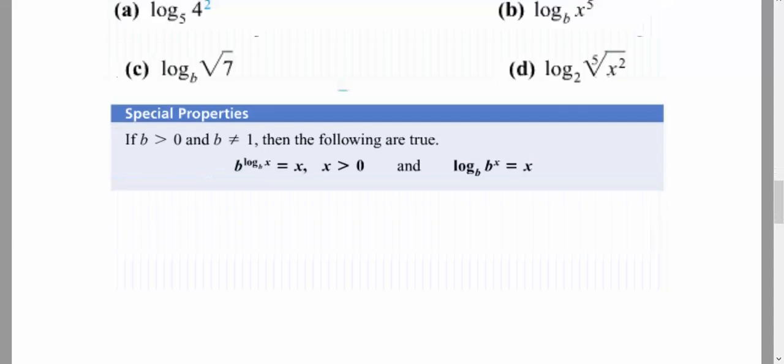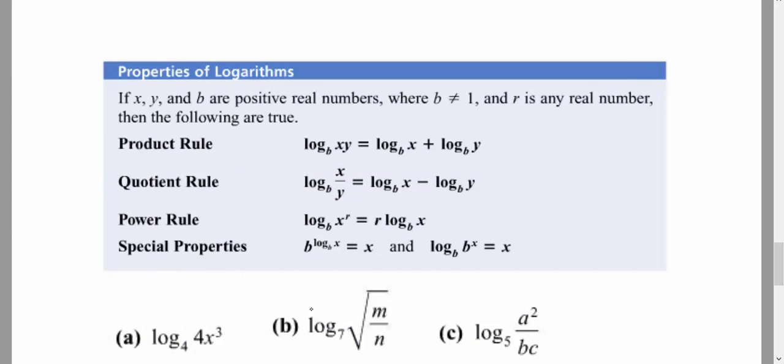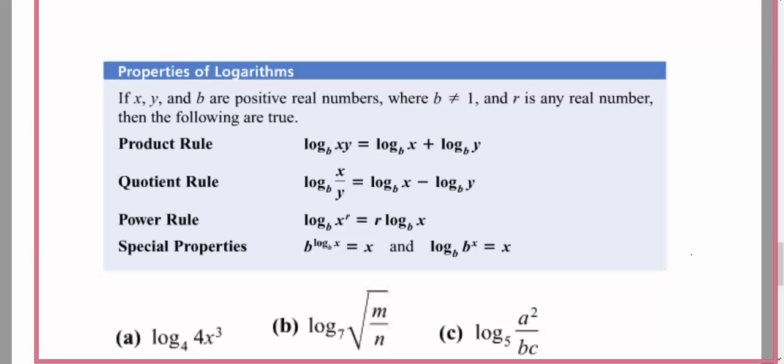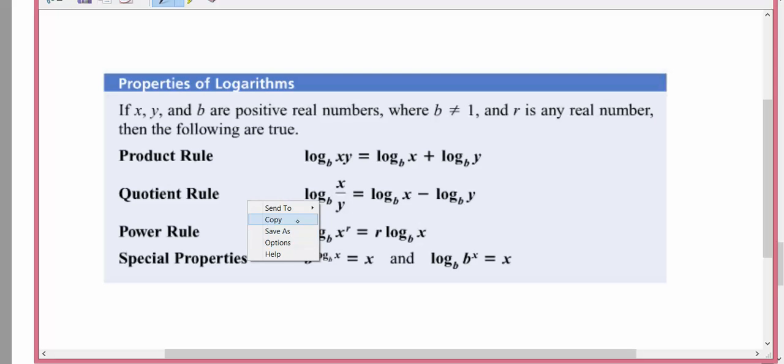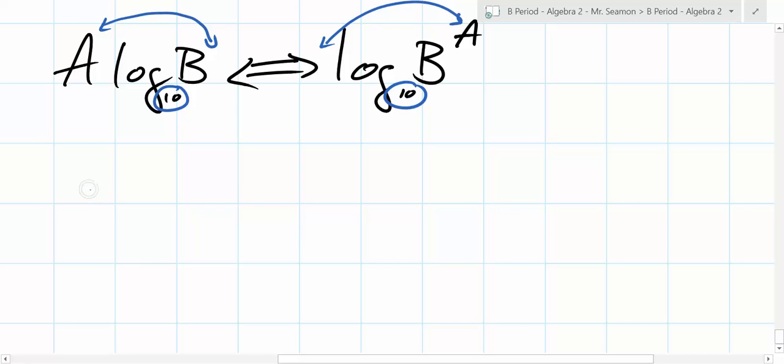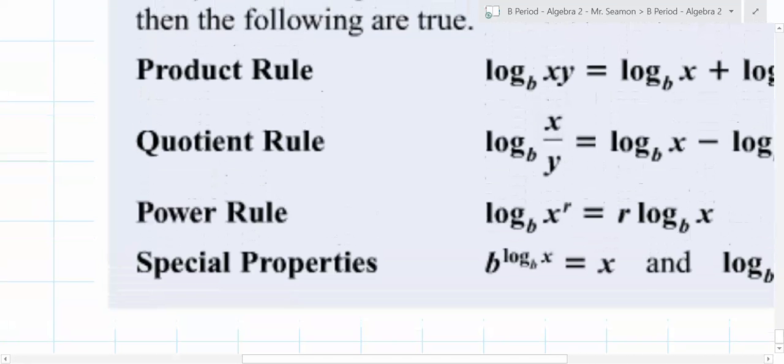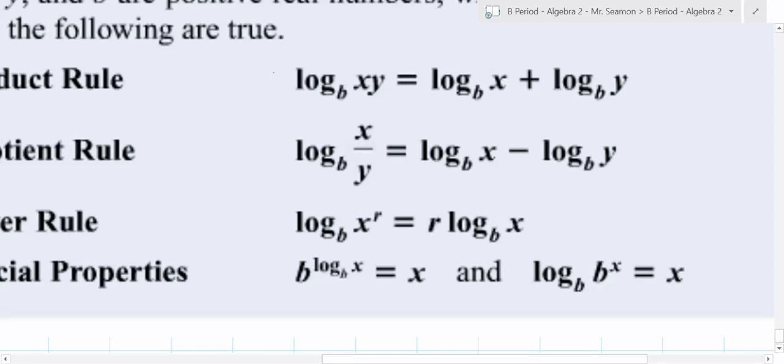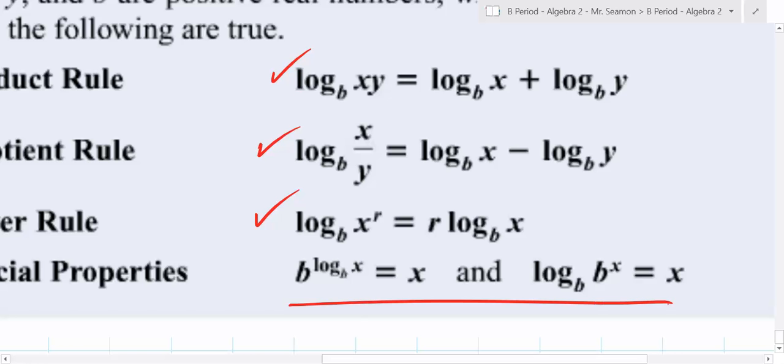Let me write out all the rules for you here. The rules are all right here. Here they are, properties of logarithms. There's the product, quotient, power, and special property. And I just showed you the power rule and the special property I'll tell you in a second. The big ones, the big three, you're going to use 1,000 times. This one, and this one. This is also important, but I'll talk about